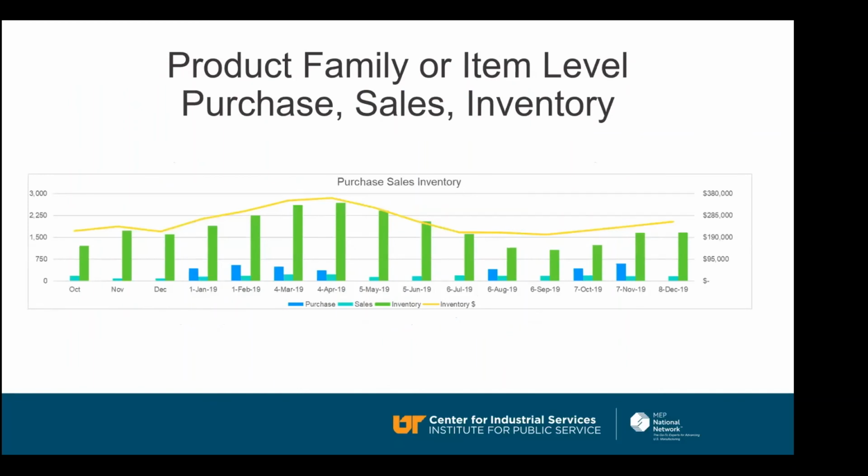Another way of looking at it is production sales inventory, and we're looking at a product family or an item. Now, this is a really good way to report it because you can, let's call it product family and stick to that. When you make adjustments to how much inventory you should carry for a product family, you should see those in time. Now, it depends on how aggressively you're going to implement those changes. But when you make a change, and that's your action, you want to check to see what effect it had.